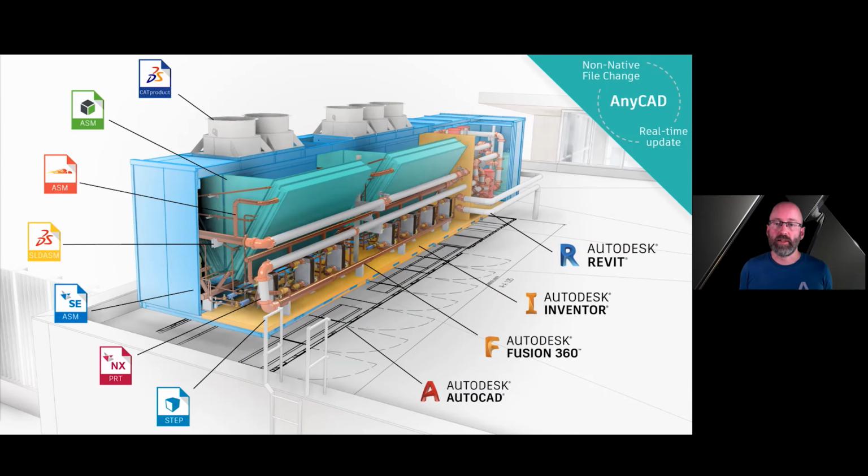In Inventor 2021, we introduced Inventor AnyCAD support for Revit project files. AnyCAD allows Inventor to reference a CAD file from many different authoring applications, including Revit. The CAD files can be edited in their original authoring tool. When the files are saved, the referenced model will update inside Autodesk Inventor. And referencing a Revit project into Inventor helps us to coordinate our model and make sure we have everything in the right place.